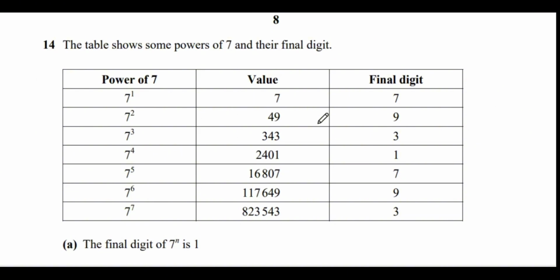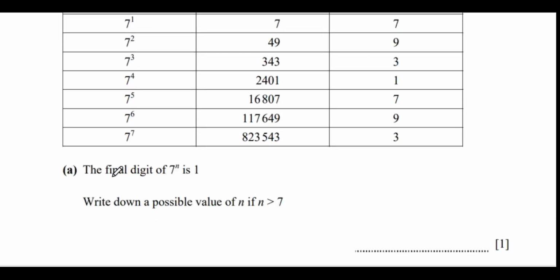So the next question is like a sequence from what I can see. They say that 7 raised to power 1 will give us 7. The last digit is 7. 7 raised to power 2, 49. The last digit is 9. 7 raised to power 3 is 343. The last digit is 3. So they continue like that. Last digit 1 like that. Last digit of 7 raised to power 5 is 7. So they now ask us the final digit of 7 raised to power n